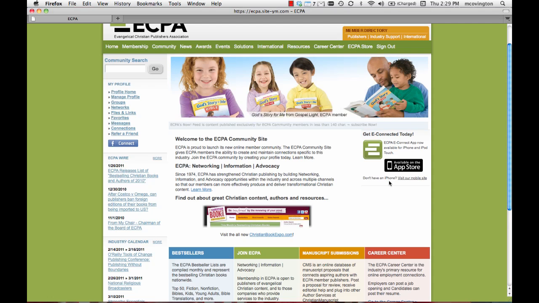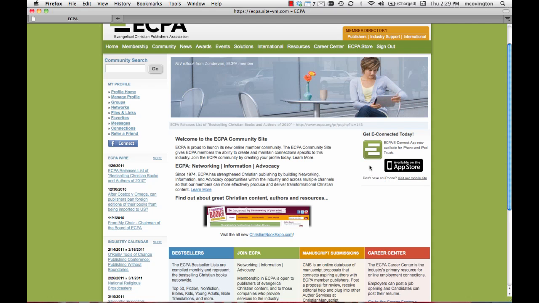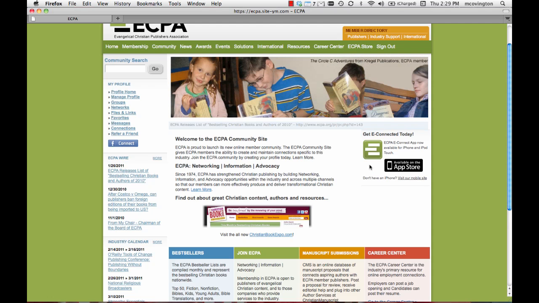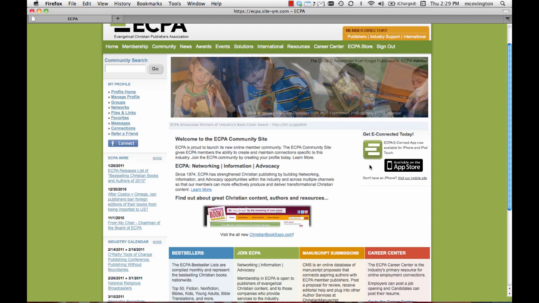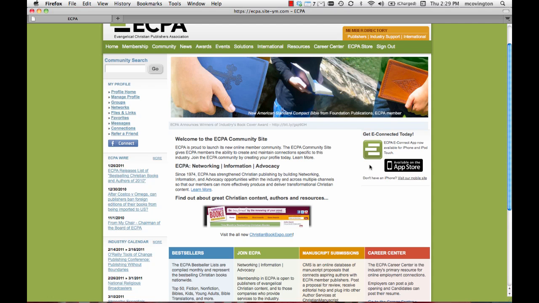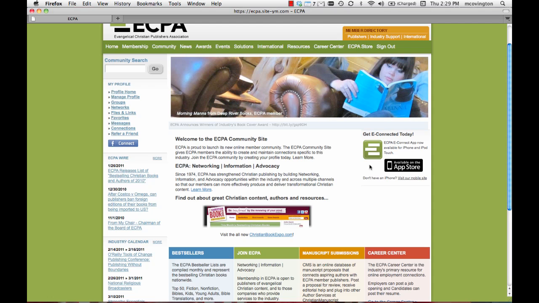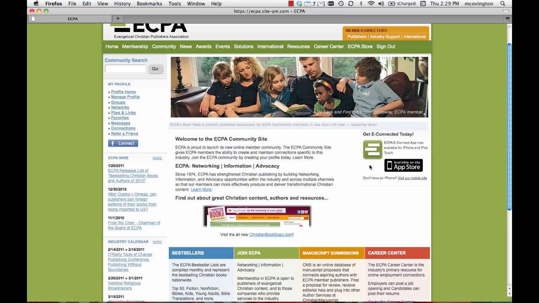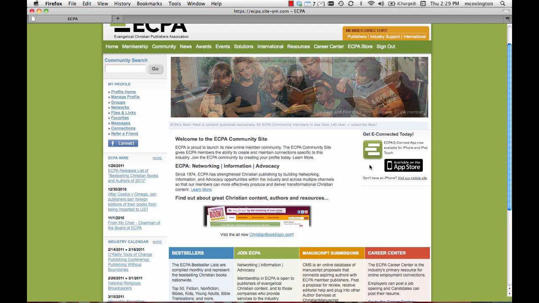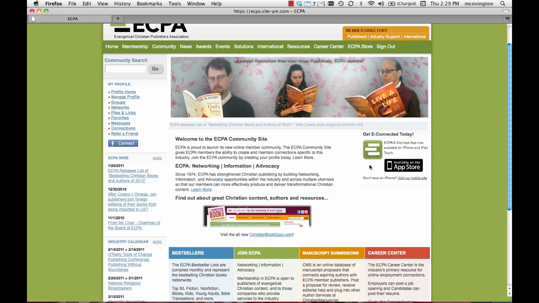On the right side here, if you have an iPhone or an iPod Touch, you can now download the eConnect app, which is the ECPA community app for the iPhone and iPod Touch. It's a free app, and it allows you to easily view your wall, your bio, and all of your ECPA community connections, as well as to send them messages, access your inbox, view the ECPA Now feed in a mobile format